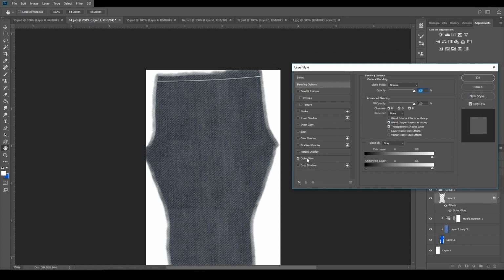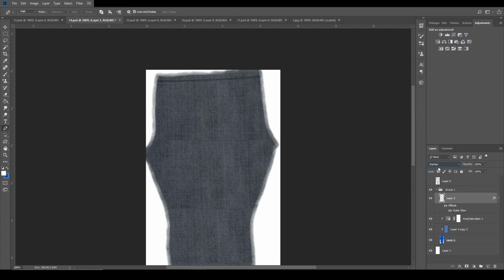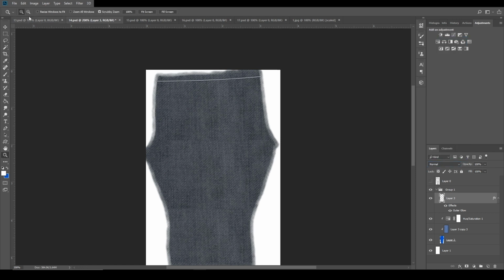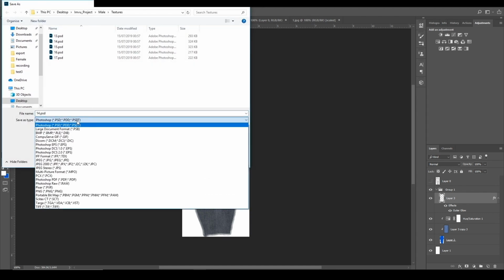We put an outer glow here, so it looks like that shadow effect around the edges. So we play a little bit with the range, just find something you like here. Now we can play around with the opacity and blend modes and find the one you like the most. In my case, I'm just gonna go with normal because I like it. Just gonna save,